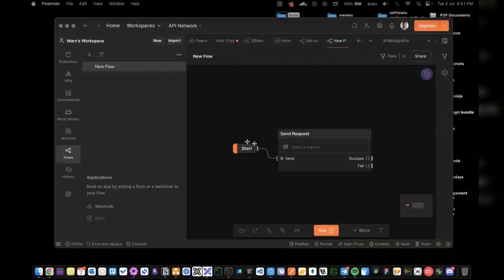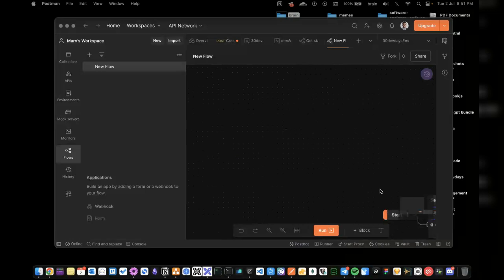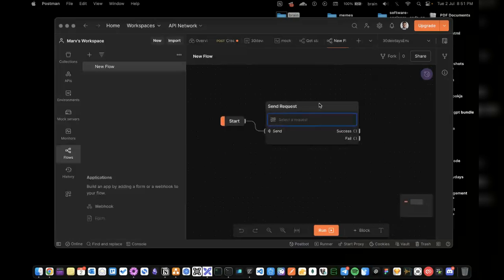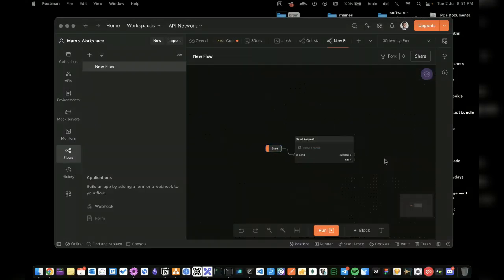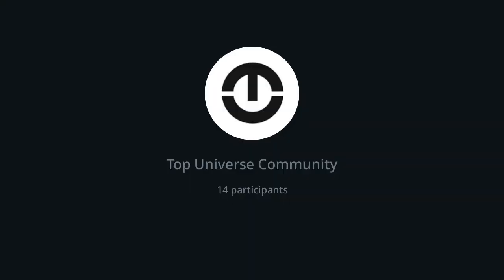But the thing is, you can set up new flows, set up triggers. This is basically a no-code interface here, and you can set up triggers, and of course connect those triggers and the response from those triggers to even other triggers, right? Other actions. I believe this is going to be a great interface to set up API connectivity and the actions based on the results of those actions.